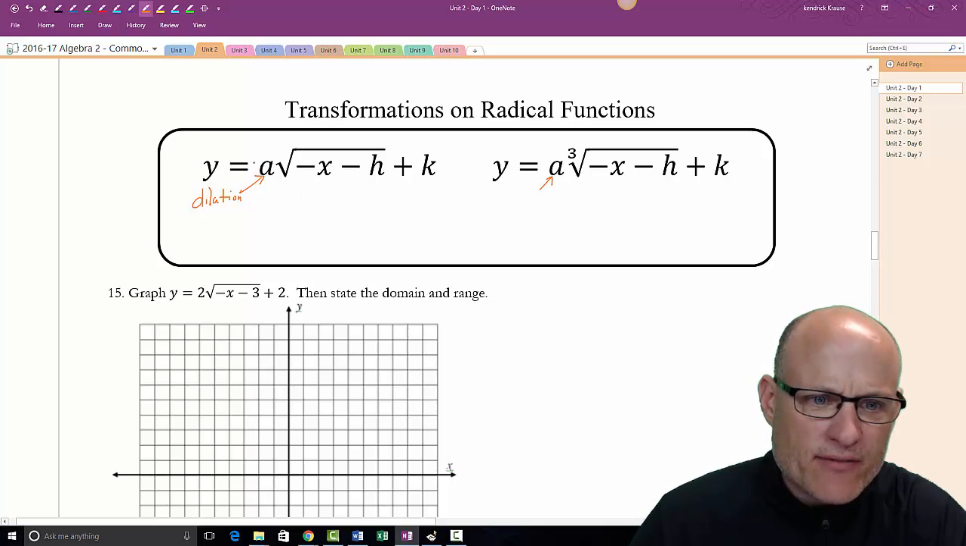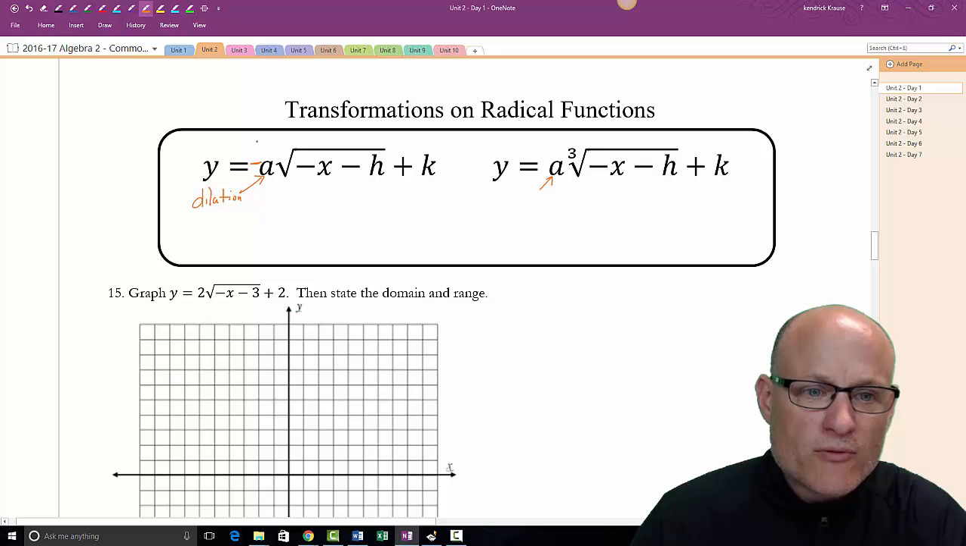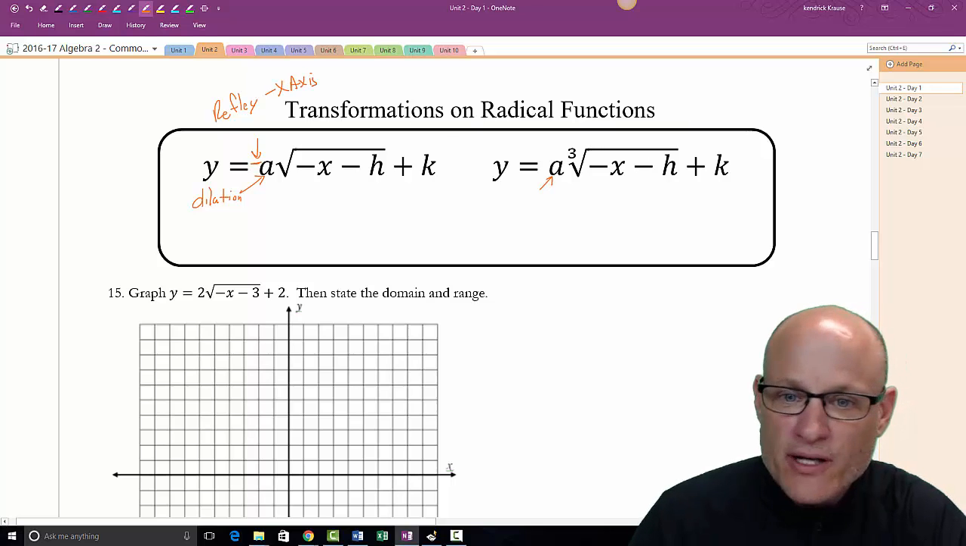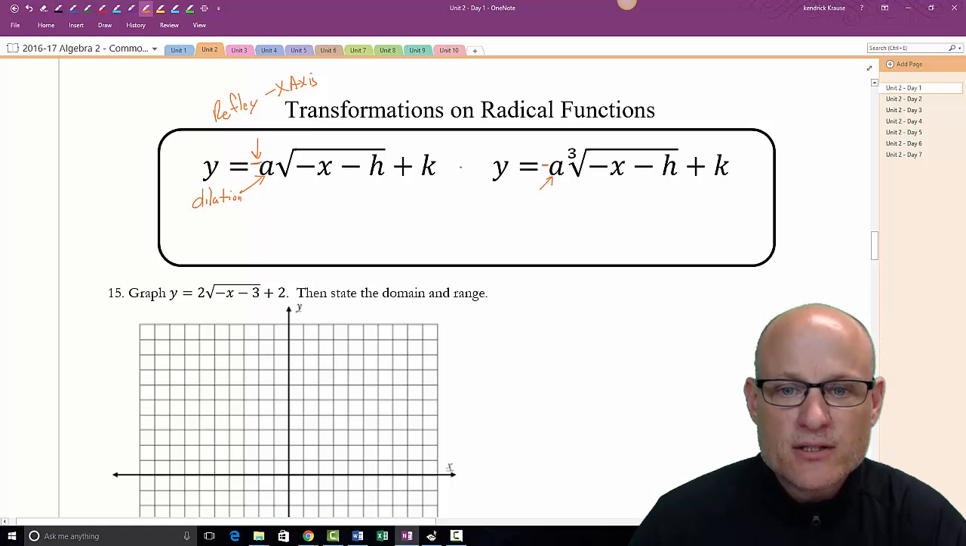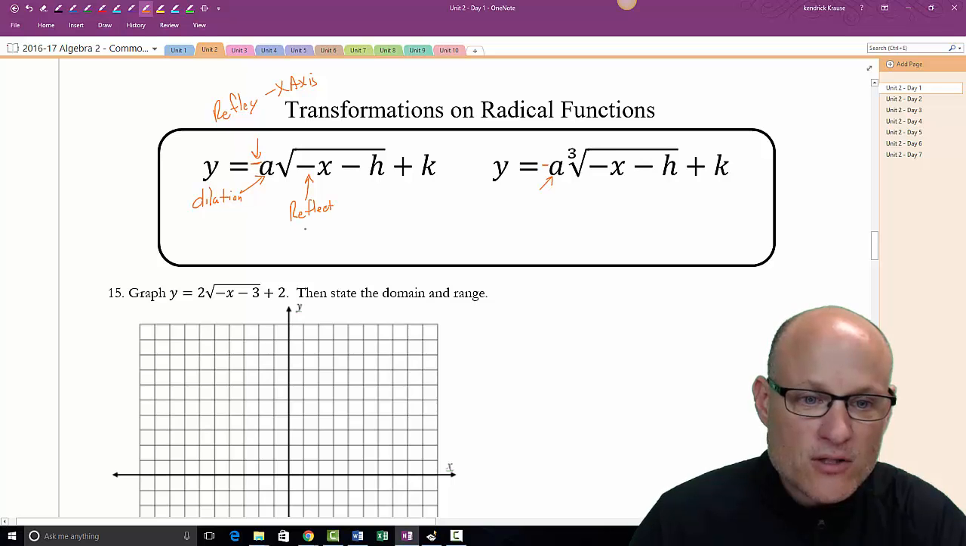I should have had a negative out front. I don't know why I don't. Why is there not a negative out front? This negative would reflect it over the x-axis. So if I put a negative out front, that would reflect it over the x-axis. This negative reflects it over